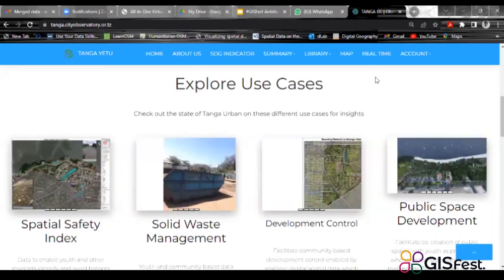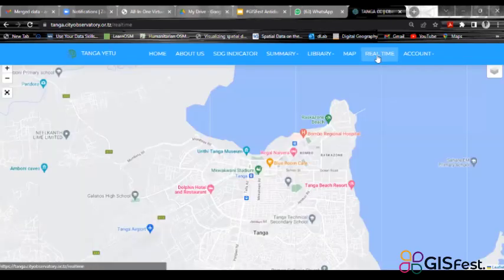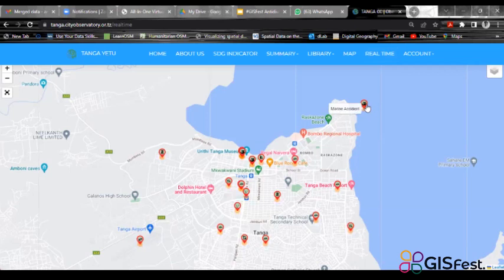Also we have the real-time section, where if someone is working on a street and finds something is not working well, they report it, and it comes up as a pop-up on the dashboard, where different people can intervene. As you can see here, someone has reported that at this point a marine accident occurred, at this point a building collapse, and at this point a land use conflict. So there are different social problems happening on streets, and people always report these.